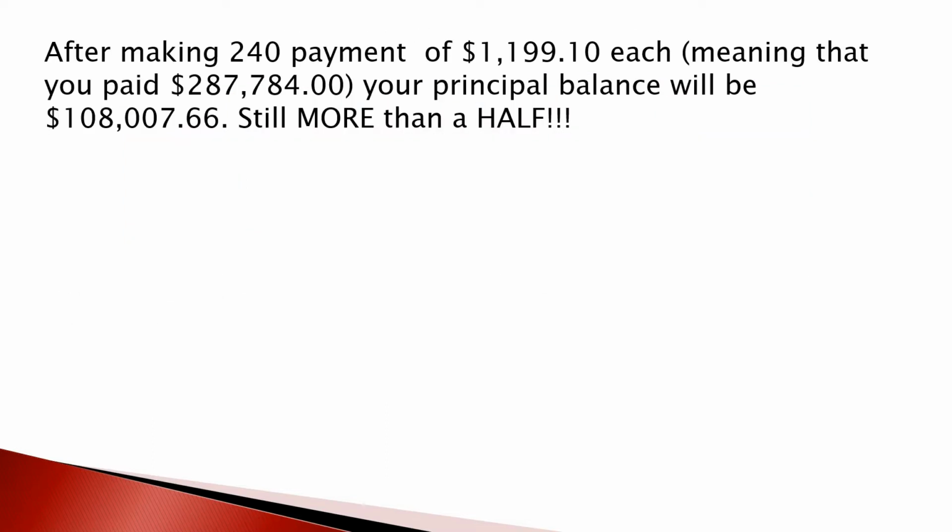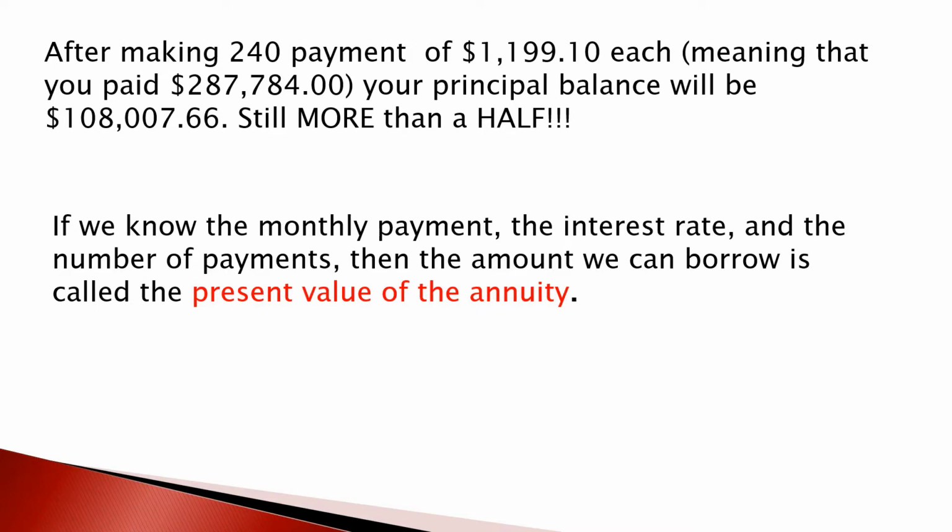So after making 240 payments, so it's after 20 years of holding this mortgage, you paid $287,784, which is more than you actually borrowed. Your principal balance will be over $100,000, which means that you paid more than you borrowed and you still owe more than a half. If we know the monthly payment, the interest rate, and the number of payments, then the